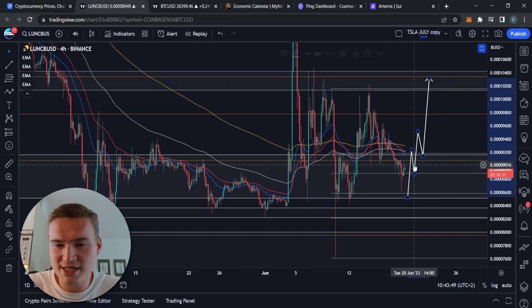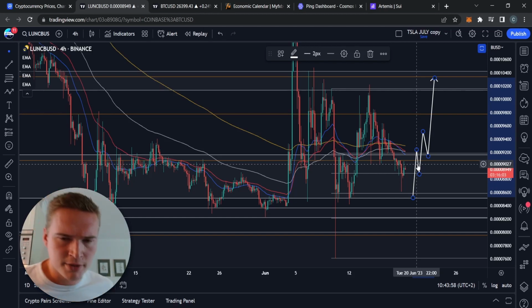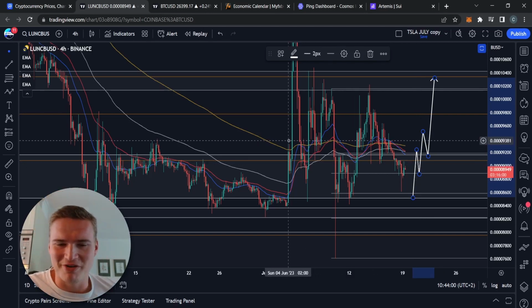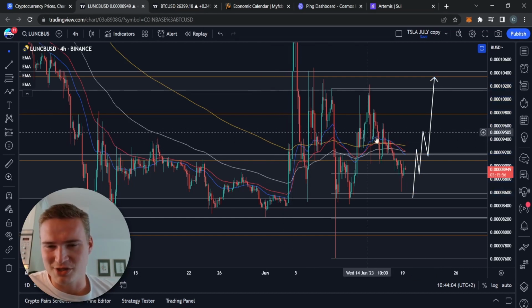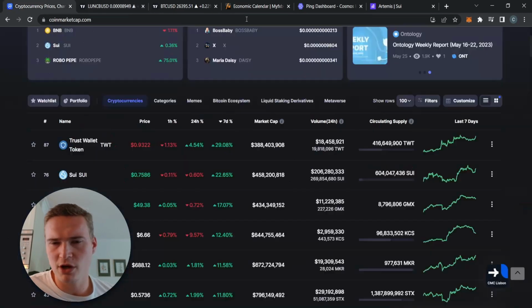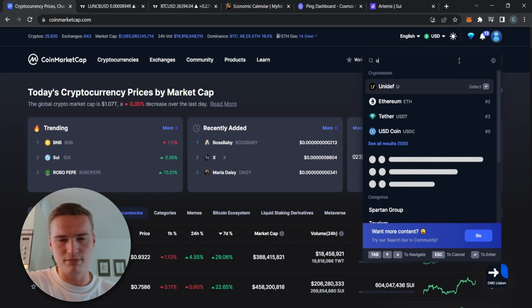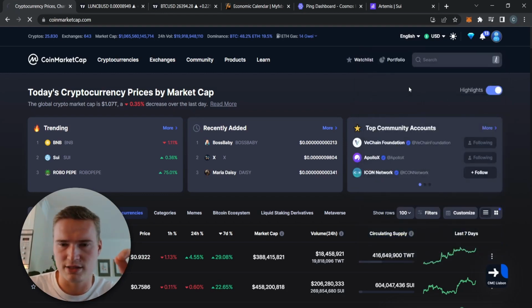We'll do a full update, mainly talking about the technicals. I mean, the technicals right now are quite important. We're seeing that Luna Classic is slowing down a little. Obviously we were very volatile since the beginning of June, so for the last 2 weeks or so, and right now you can see that we're cooling down a little bit, but we'll talk about that. It doesn't mean that it's necessarily over. And just in general, I'll tell you what to expect in terms